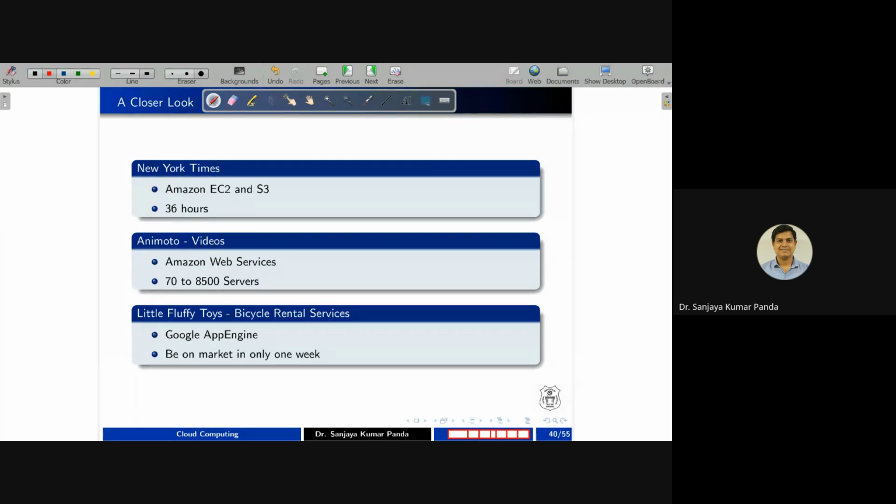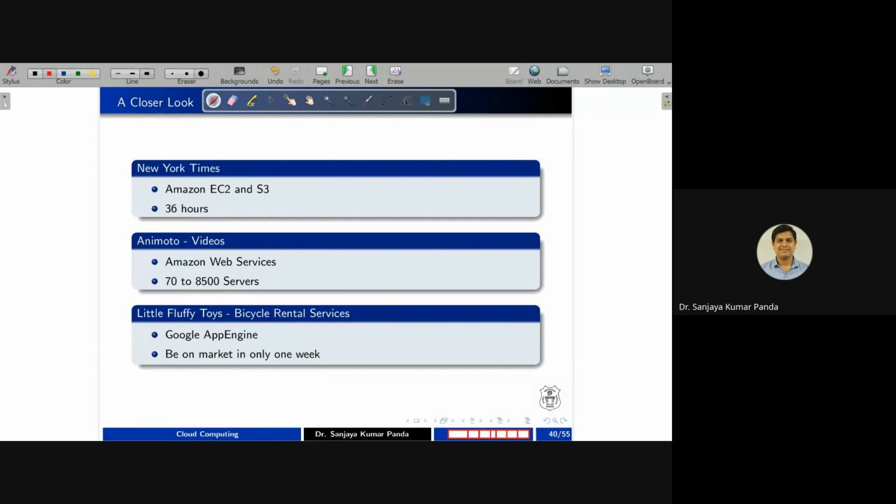Similarly, we have Animoto, a very popular company for making videos. Like if you talk about a marriage ceremony or any function, we generally click various photos. Later, we convert these photos into videos, right? So Animoto hired Amazon Web Services, and initially they were new to the market, so they started with only 70 servers because they were not sure of their market growth.